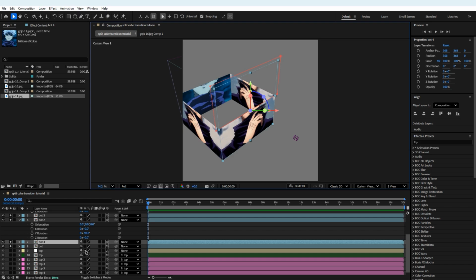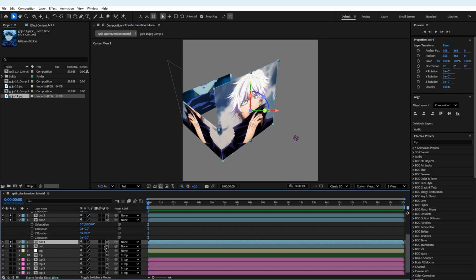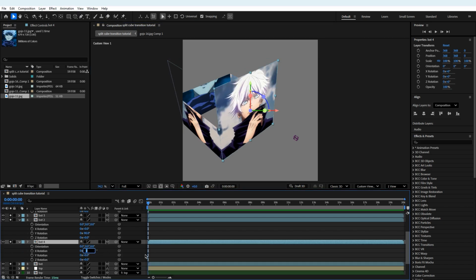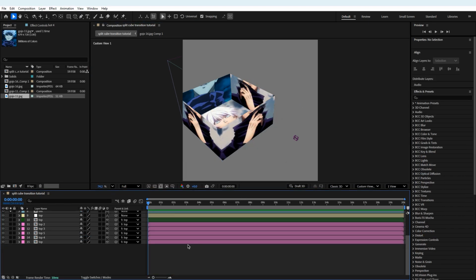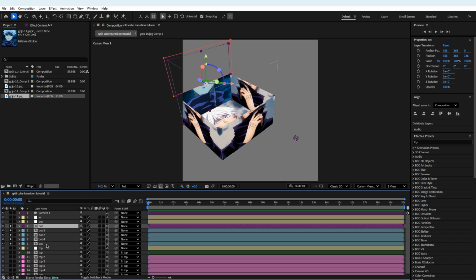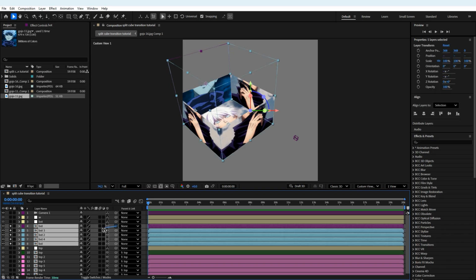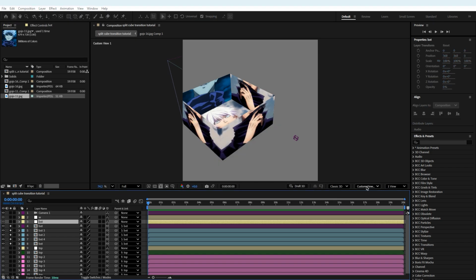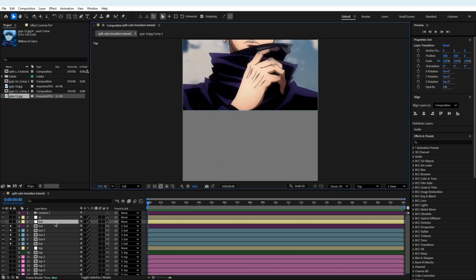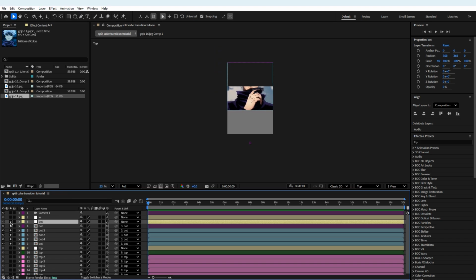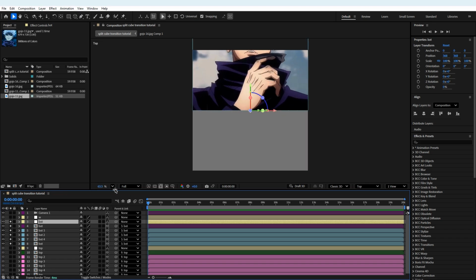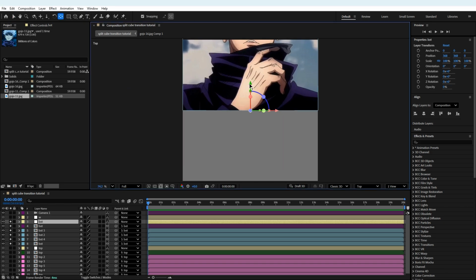Boom. And then this main one, once again, get rid of the mask, press R, and make the X rotation -90. And then we're going to need to connect all of these again. Go to top. I didn't have it open. I'm silly. Okay, now hold Y again and go to about